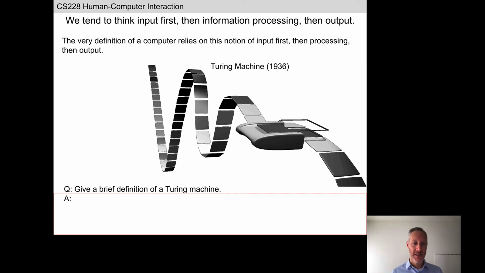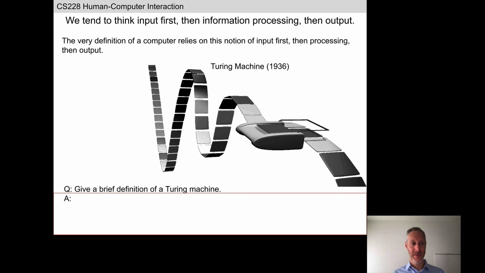It reads and writes a tape, yeah? So reading some symbol from the current position on the tape, that's the input, and writing to the tape is the output. What's going on in between? How does the Turing machine know what symbol to write to the tape? State transitions. The Turing machine has some internal state. That internal state can be influenced by the symbol that it just read from the tape. If it transitions to a state, that new state may dictate what symbol it writes to the tape.